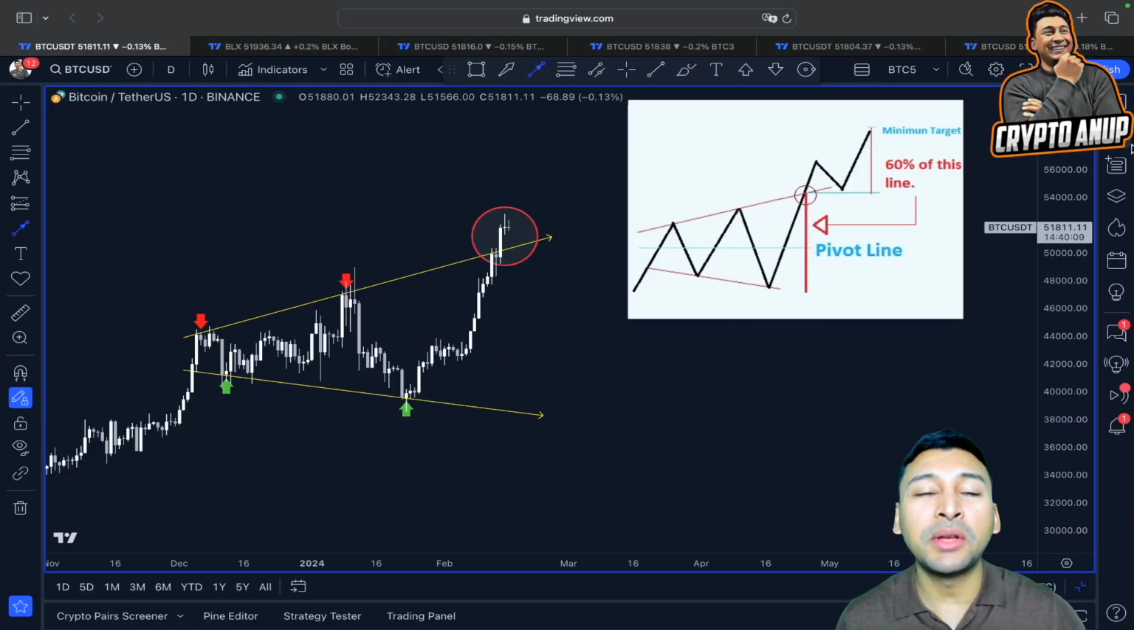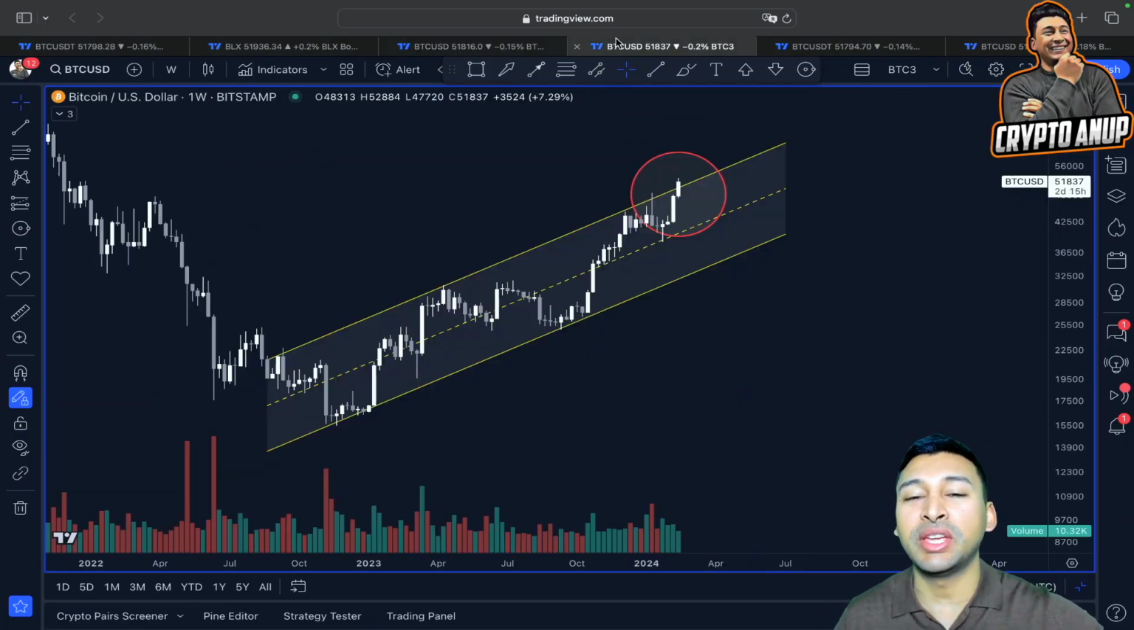So before we start talking about these interesting scenarios that are being flashed, looking at the price action of Bitcoin